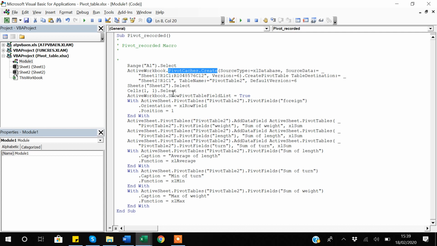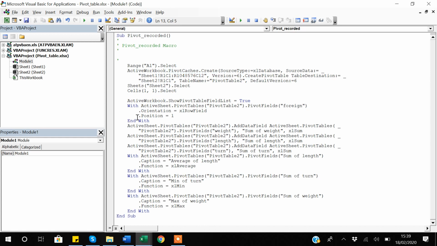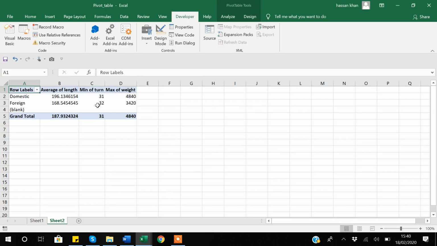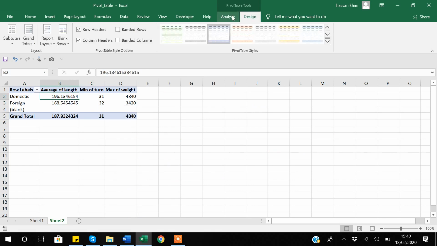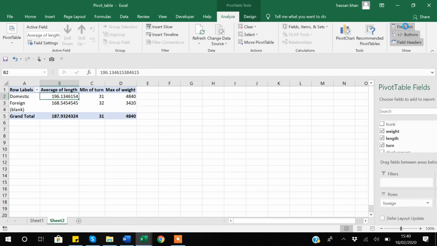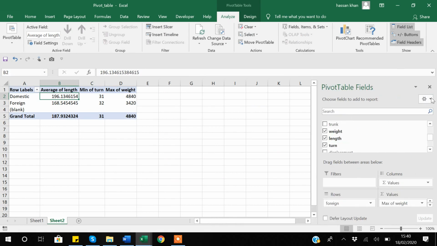The cells 1 to 1 got selected, and then what it's doing is that if I press enter, under the active workbook, show pivot table field is equal to true. I will let you know that if you make it false, if you remember, if I go to design, so analyze, so the field list, if it's true, it means they show us these